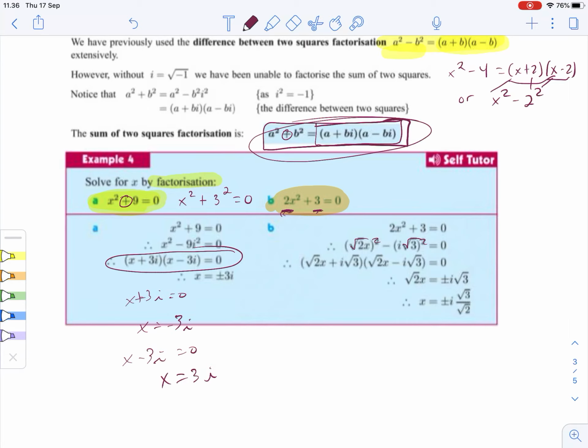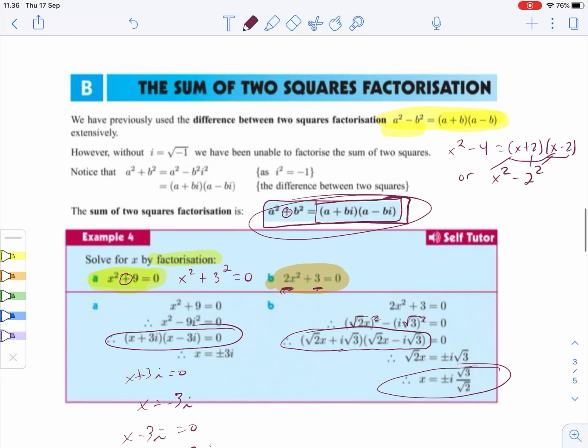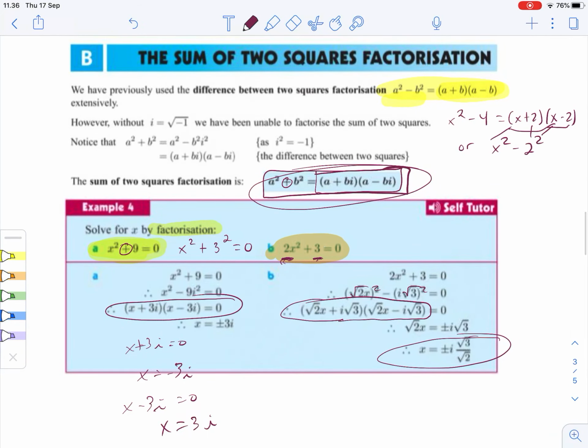So I can rewrite this as square root of 2 times x plus i times root 3, times square root of 2 times x minus i times root 3, equals 0, and solve for x, and I get x equals plus or minus i times the square root of 3 over the square root of 2. All right, that's just a quick nudge of a useful way to apply complex